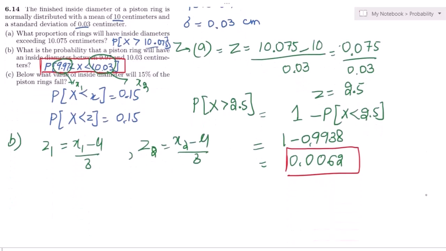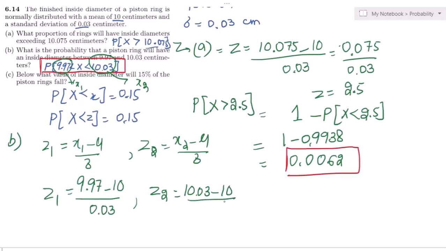Okay, so in order to find them out, the value of z1 is (9.97 minus 10) divided by 0.03, and the value of z2 is (10.03 minus 10) divided by 0.03. Okay, so how much would it be? The value of z1 would be what, that would be